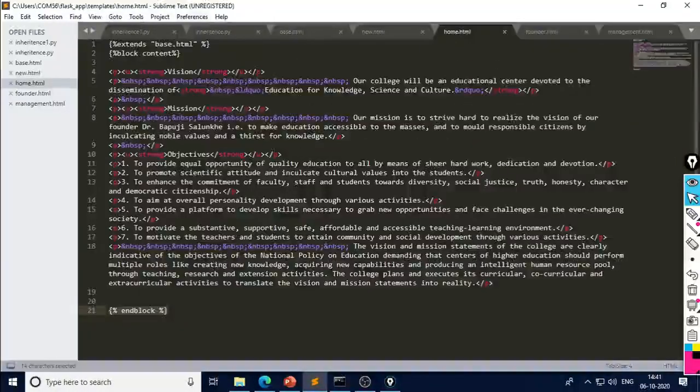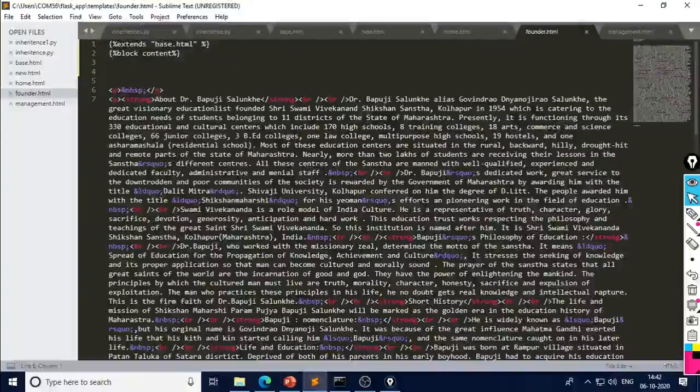See these three files. Within home.html, we have written some text here. We have used another HTML tag here. A paragraph is there, the end of paragraph is there. We can use any tags, any HTML syntax here. Then in founder.html, again we are using a different one.